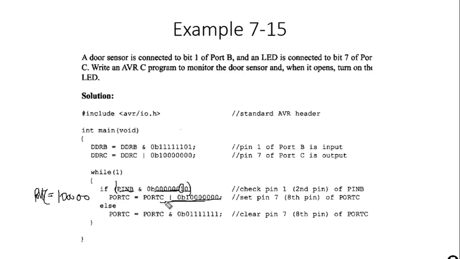We explained that we can modify a selected bit, but now let's consider what would happen if you don't use the expression to modify the selected bit and you simply assign a value. When you assign a value, you are not just setting bit 7 of port C, you are also clearing all the other 6 bits of port C. Maybe there are other LEDs connected to it that are affected by other parts of the program. So this is not a good practice unless you're pretty sure that those bits are not used.